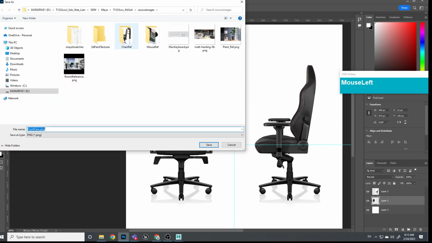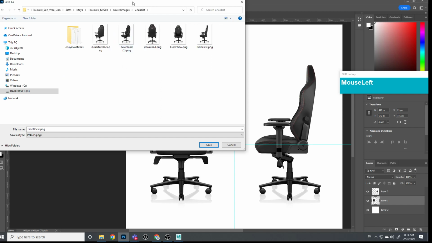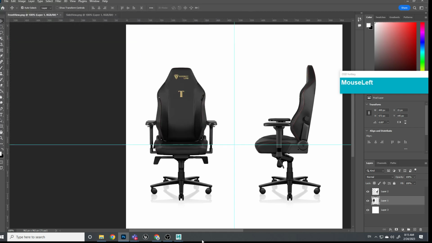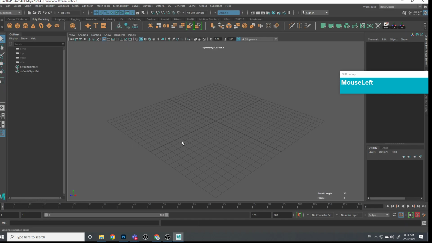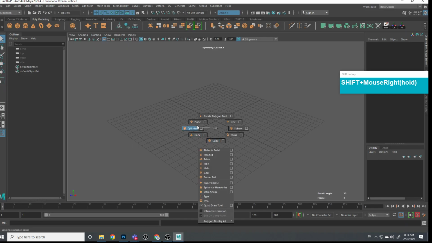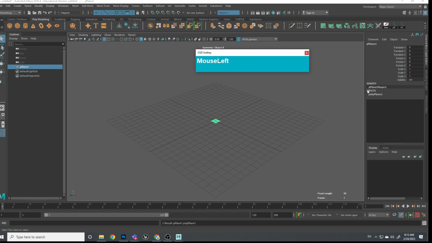Put it inside my chair reference folder in my source images project folder. Call this Secret Lab gaming chair reference, REF, then save. So with the image saved, the next step is to create a plane with only 1 by 1 subdivisions, then scale it up,